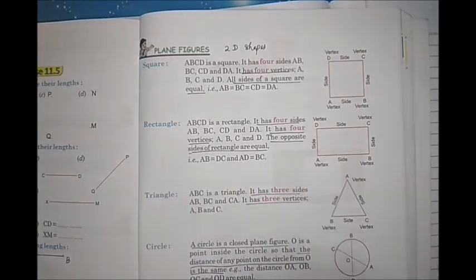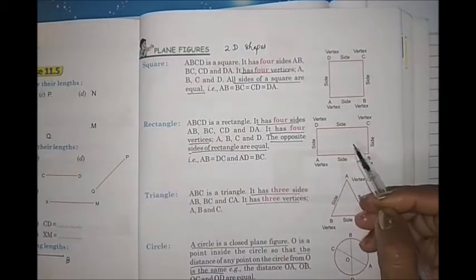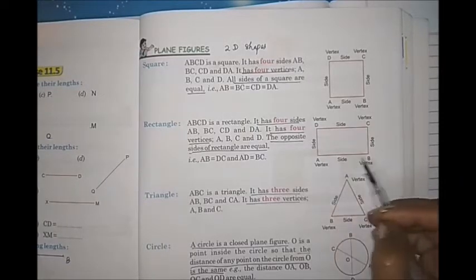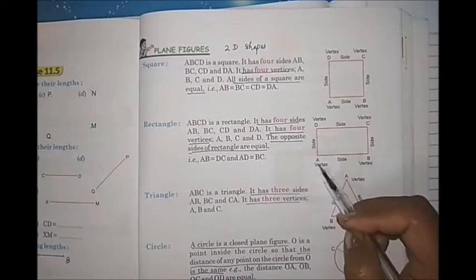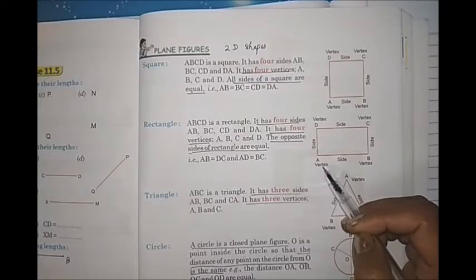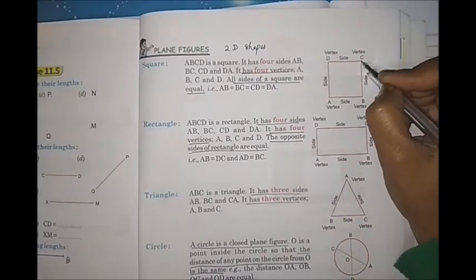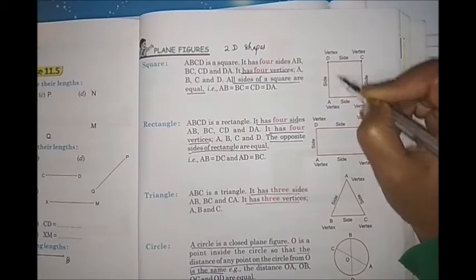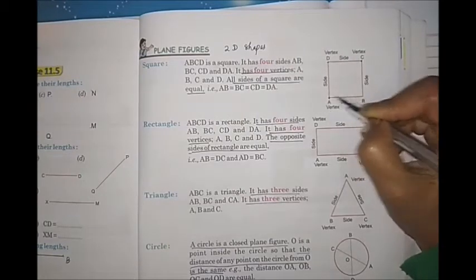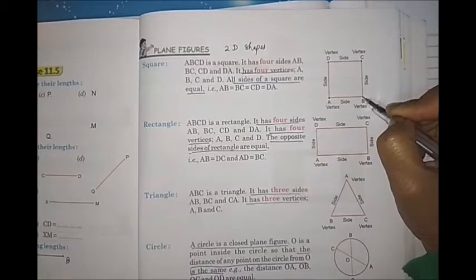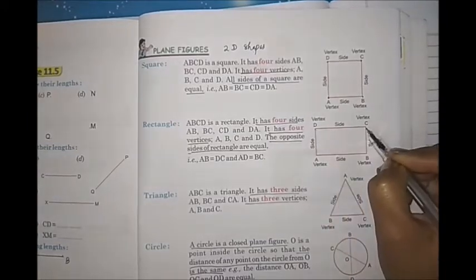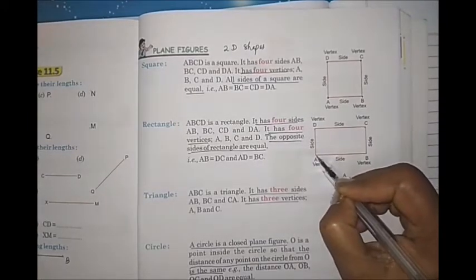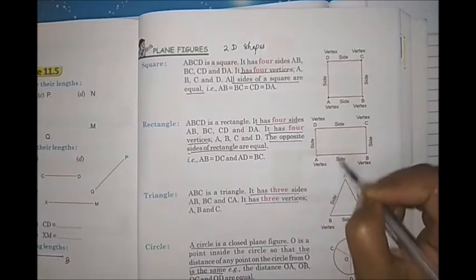See, this is a rectangle. A rectangle also has 4 sides. See, this one side, 2, 3, 4. And it also has 4 vertices. Yes children, vertices means the corner where 2 line segments join. They form a vertex, and in plural we call them vertices. So it also has 4 vertices. Vertices means corners. 4 sides and 4 vertices.